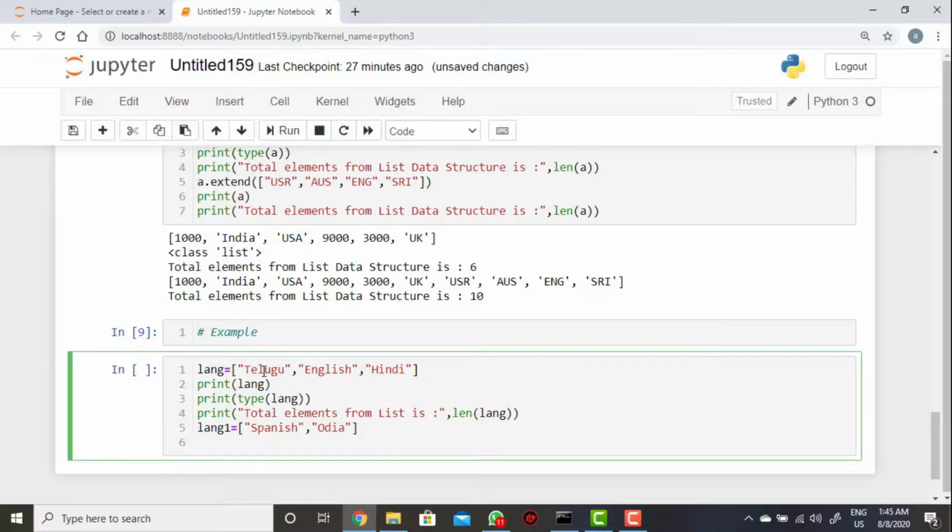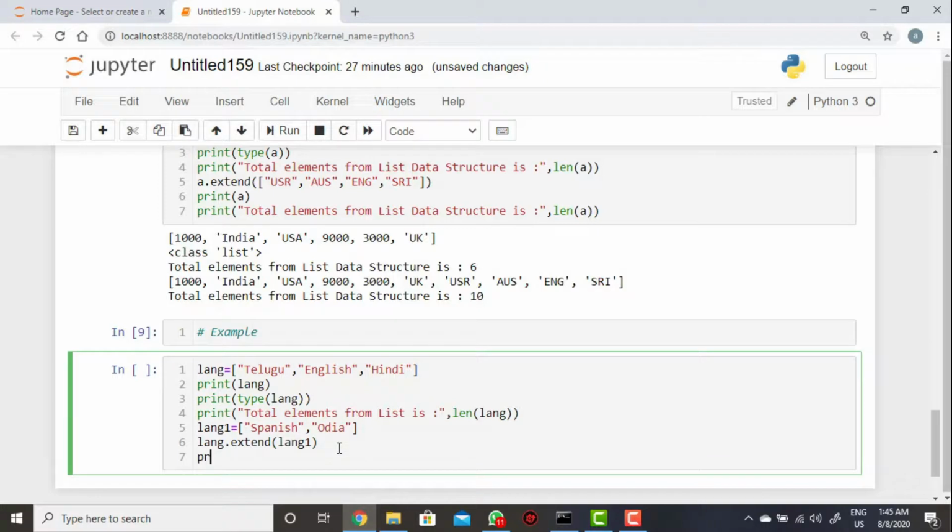How will we append? We take language dot extend, language1. Whenever I'm using this, then print of language, and you can copy directly like this.